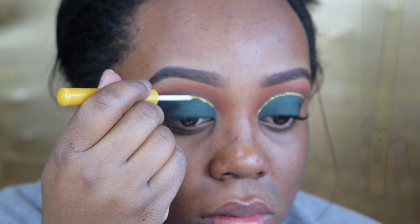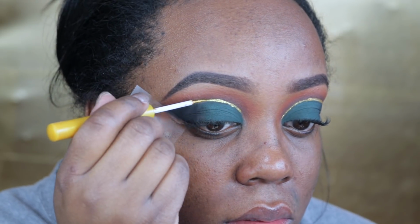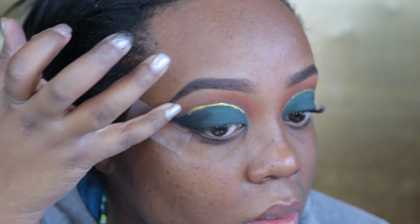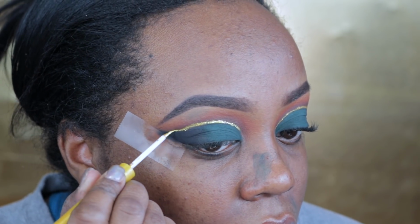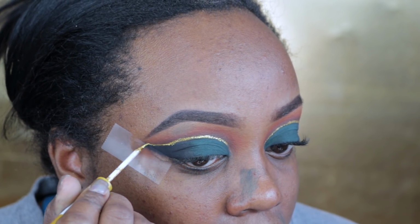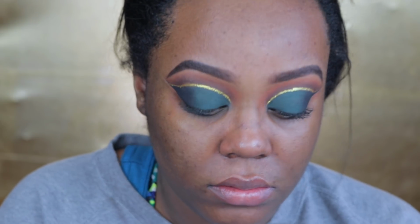And now I'm taking a NYX Glam Liner. This is in the shade 24 Karat. I love this glitter liner. It is so stunning, and I botched this on camera. I do really well off camera, but on camera I just had issues. So I just draw that line right over the top to add a little sparkle and a little bit of something different. I place my elbow down on the table just to have a steady surface,